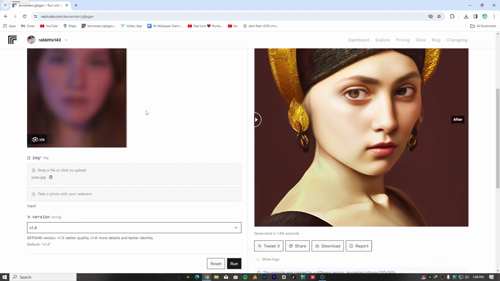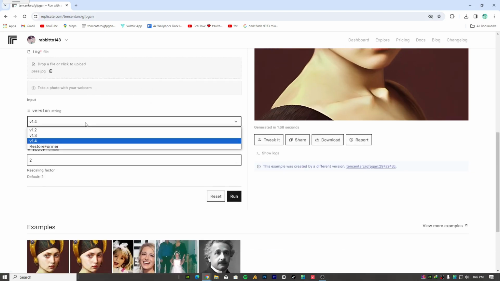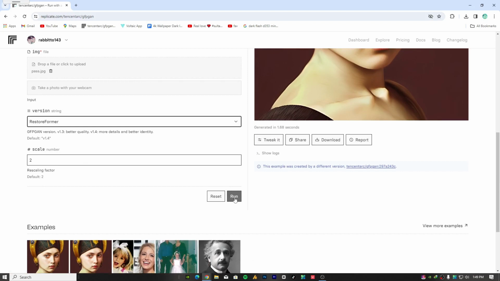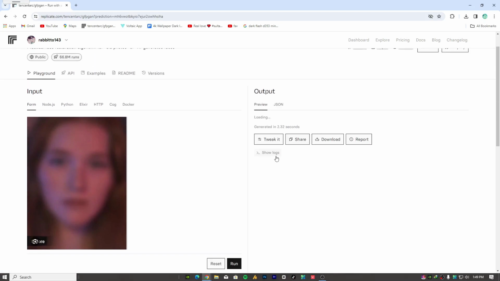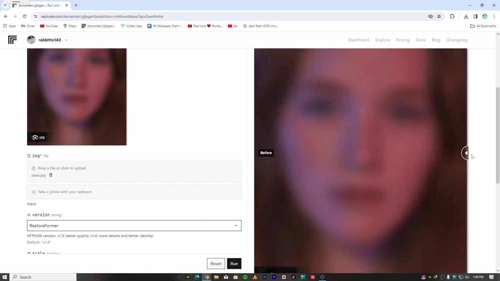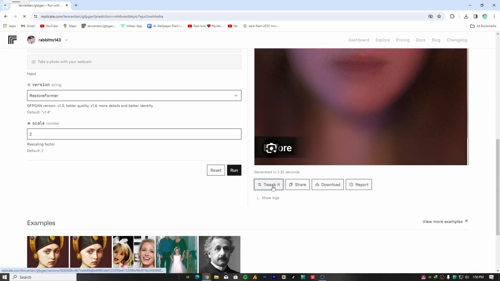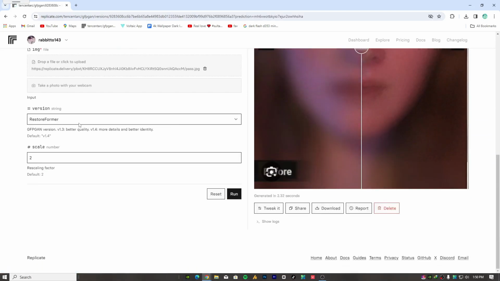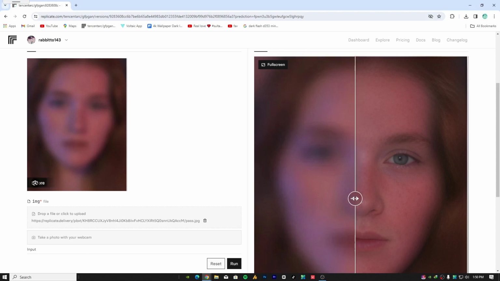So first we are gonna do here just making a clarity. So RestoreFormer and then click on run. It will take only a few seconds, around 4 to 5 depending on your internet performance as well. And after that you can see the result. This is before and that's the after. And now what we are gonna do here, just click on tweak it and now 1.4 and then click on run. And now you can see,